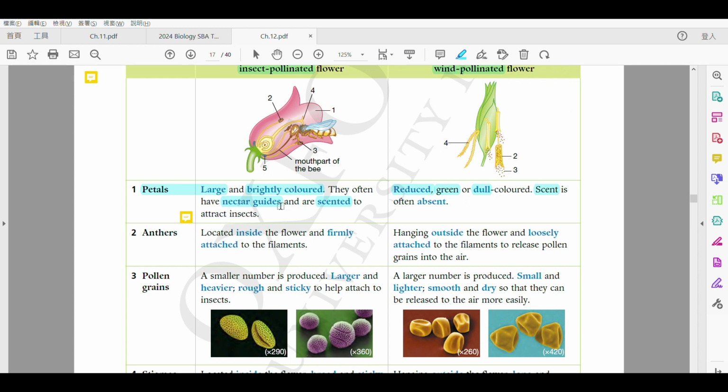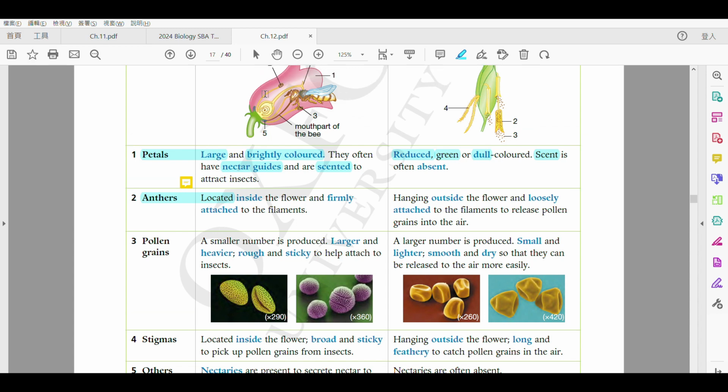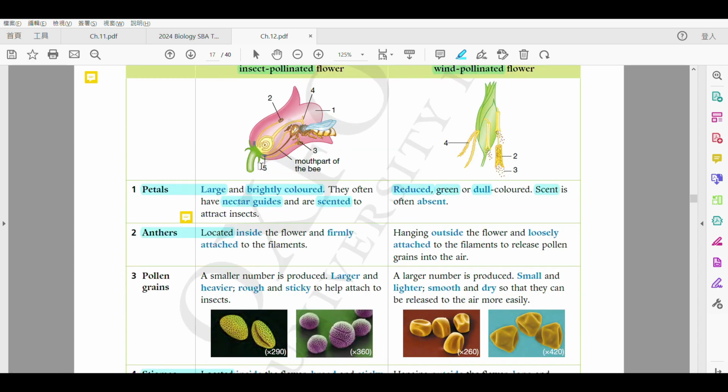Okay? 好啦，咁然後啦 the next part we're going to talk about the anther. So look at where the anther is. 睇一睇入邊喎。So the anther and the carpel as well. 其實或者 stigma 啦 so we will talk about that later, okay? 第三個位啦 the third one, we're going to talk about the stigma first. 好啦 so where can you find the anther? Anther is inside the flower 嘅，得唔得？